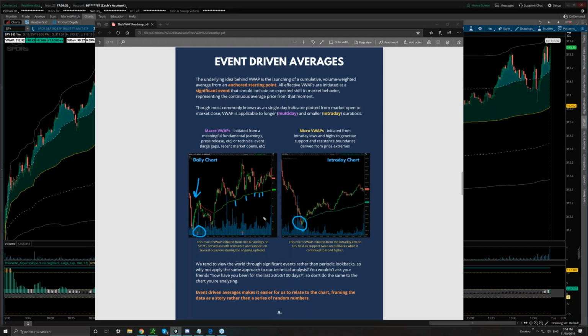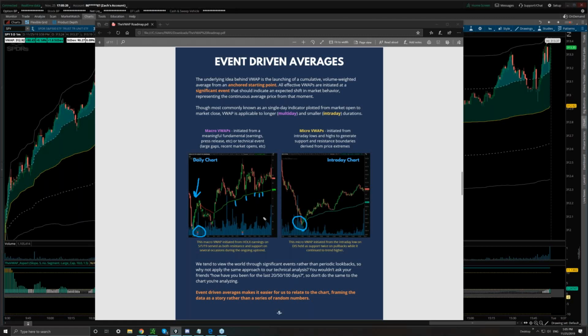It's a little more plausible that on a short-term basis, if someone receives an order that they have to fill on behalf of a client, and maybe they have all week to accomplish it, it needs to get done by Friday at the close, they may be watching the weekly VWAP in that context. But a monthly one or a 1 year VWAP, I'm not so sure about. And that's not trying to discount its validity. It's just being cautious that there's no guarantee that looking at a 1 year chart and launching a VWAP from exactly a year ago is necessarily going to be meaningful. If something important happened roughly or exactly a year ago, absolutely.